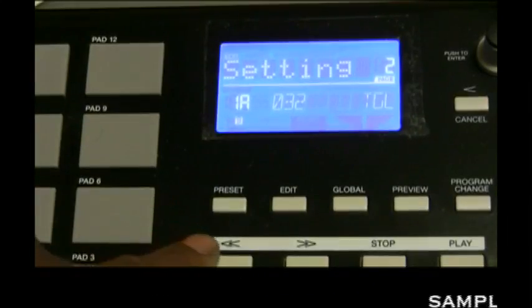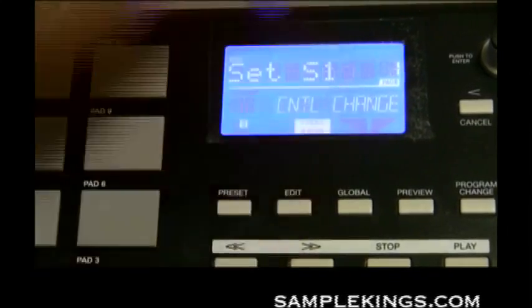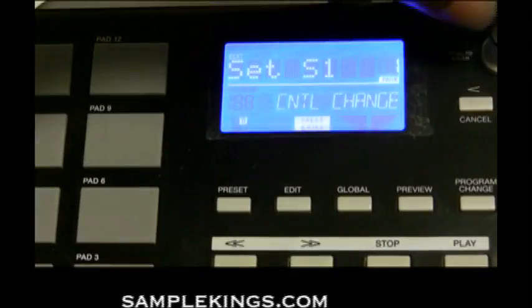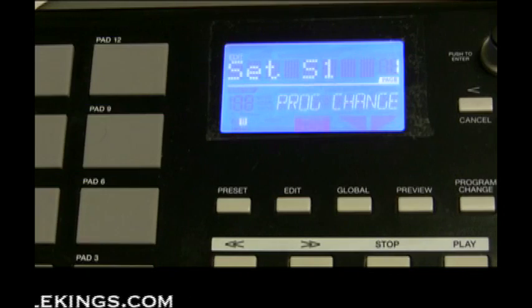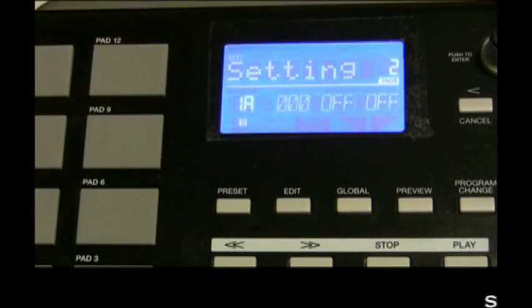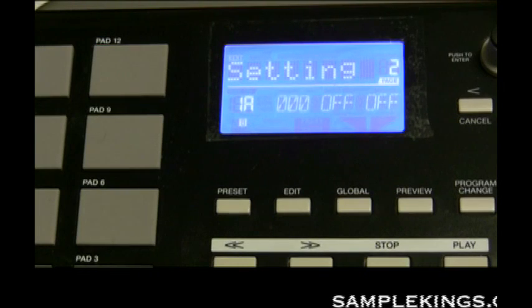Now, for program change, I'm going to go back here. I'm going to press edit, of course. We got our button here, and we're going to go to program change. Now, I'll press the enter button. And here, of course,